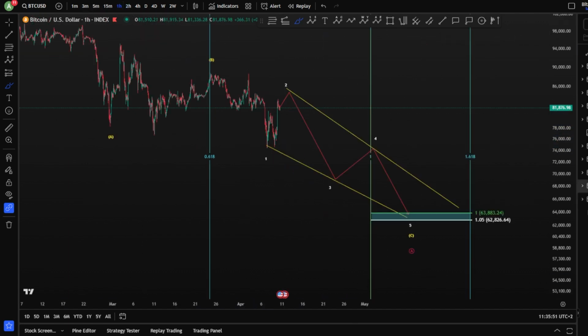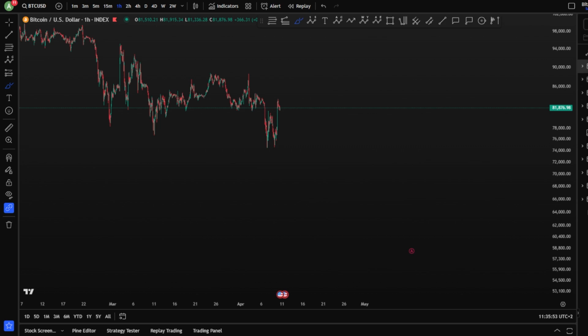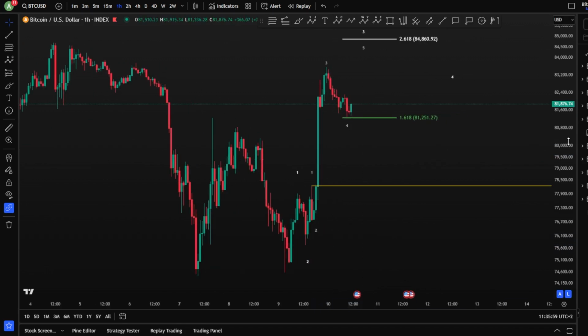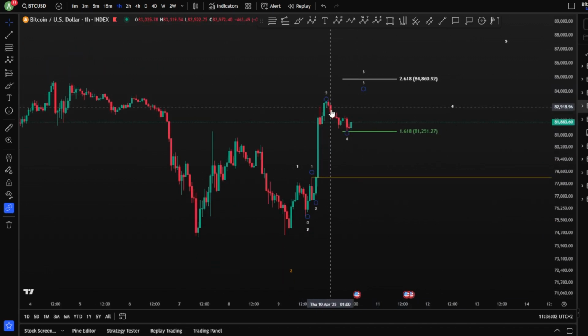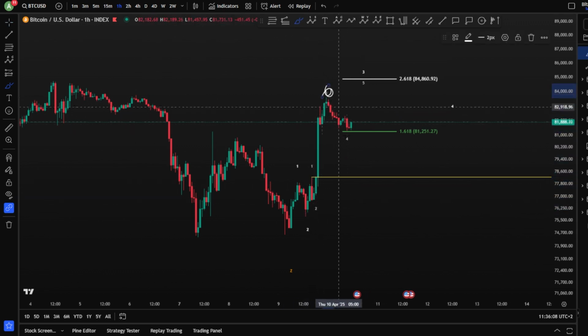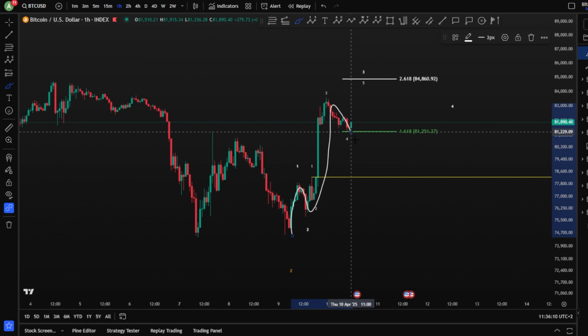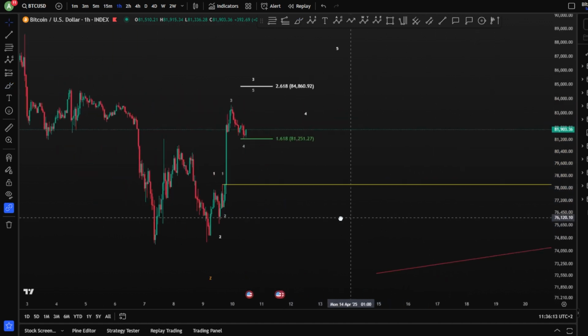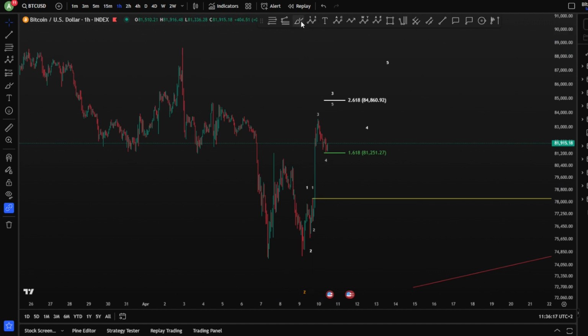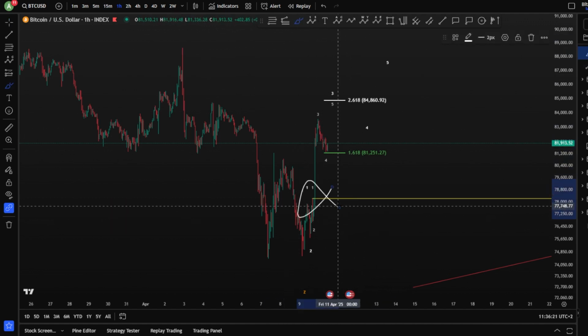I'm going to move inside it to let you know what I mean. So in this scenario, I would say if you have this 1, 2, 3, 4, and a 5 toward the upside, you are looking here for this 1, 2, 3, 4, and a 5, right? So we have an impulse 1, 2, 3, 4, 5, potentially finished a wave 3, then 1, 2, 3, 4, 5. So you would like to see, of course, this impulse getting invalidated, hitting the zone 1, the yellow scenario, moving toward the downside, and invalidation of this impulse.